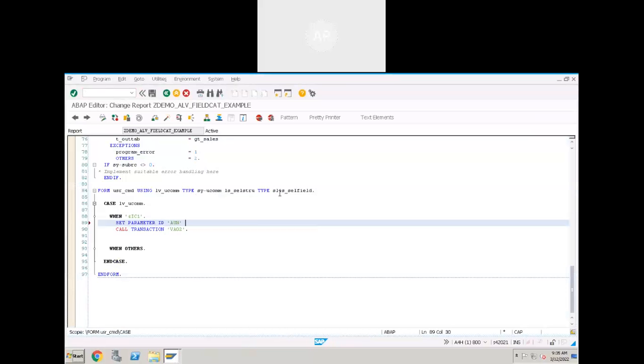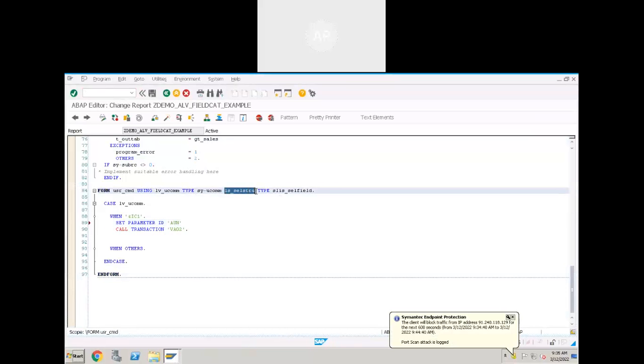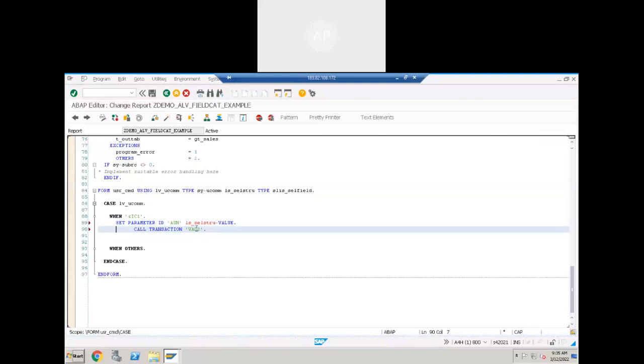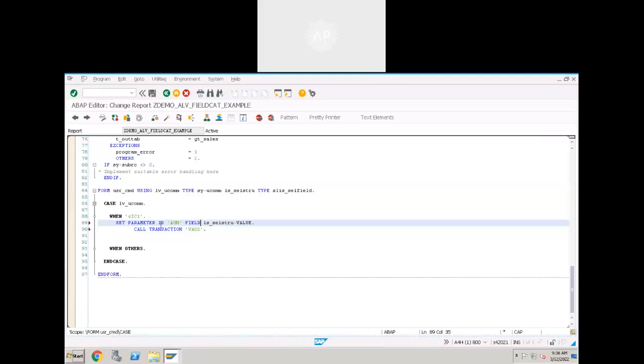From the selection field structure, hyphen value. Sorry, we have to use one more, FIELD. SET PARAMETER ID name FIELD value. This is in the selection structure, right?